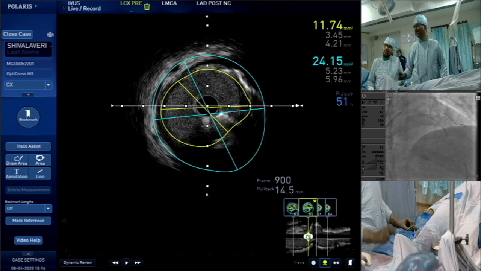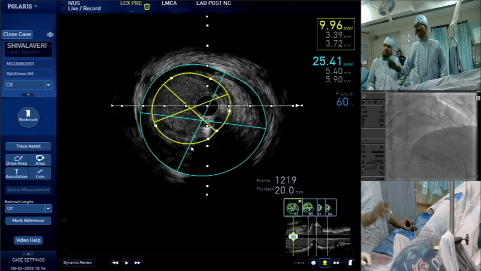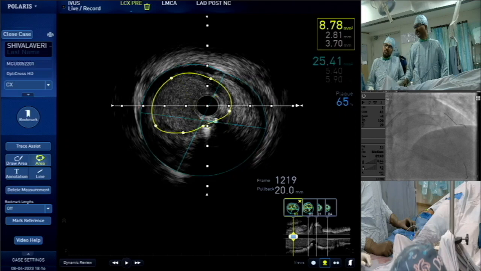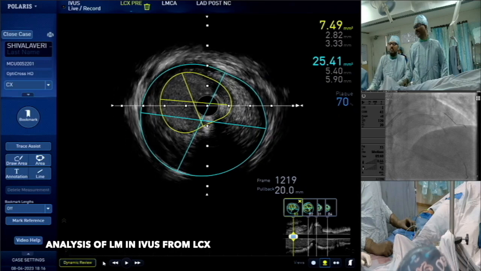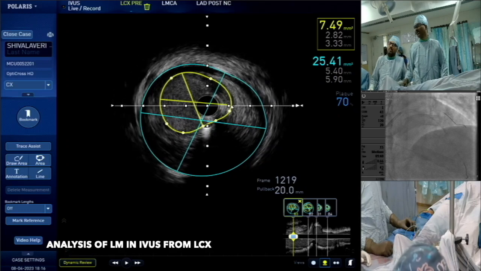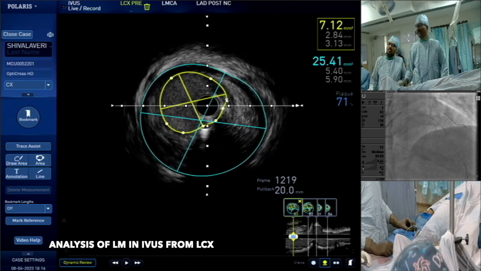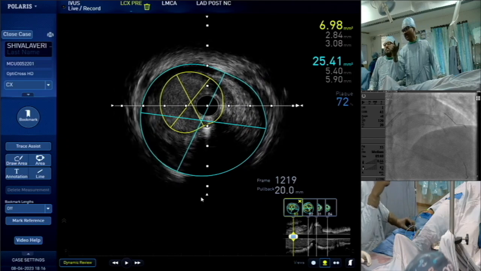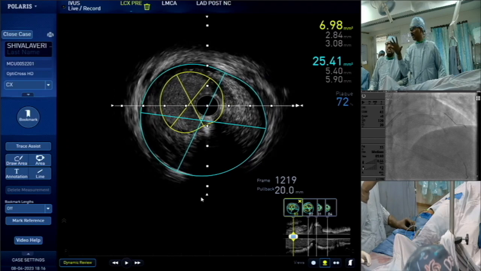From LCX, next minimum lumen area, please. Show us MLA, which we have discussed before. So you have to always assess both from LID as well as LCX. Okay, so you can reduce at 3 o'clock a little more. 3 to 6 you can. Yeah. So I think it's around 7. Okay, it's around 6.9. So the question here is, see, this is from LCX now, and the block area is